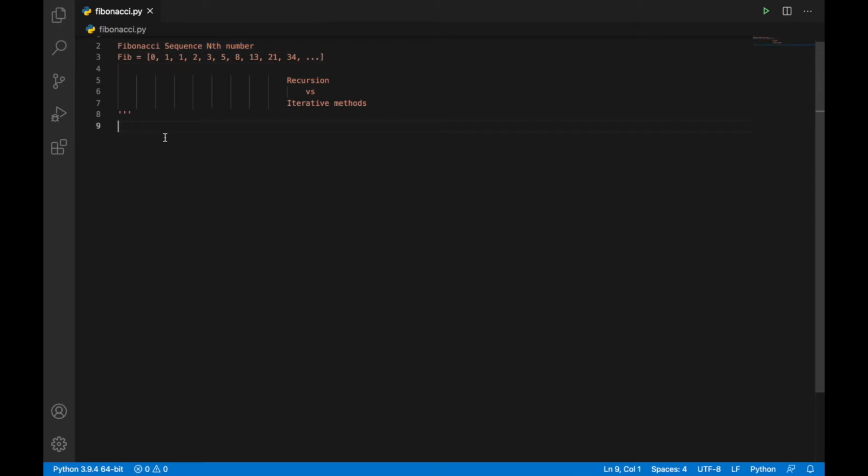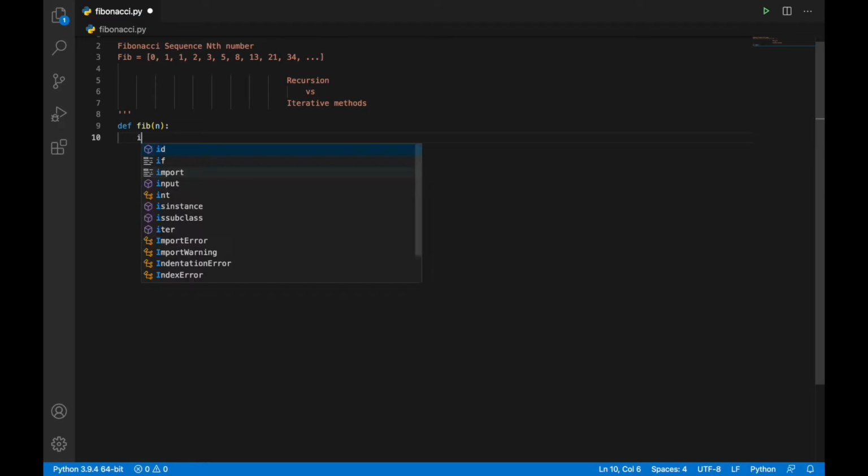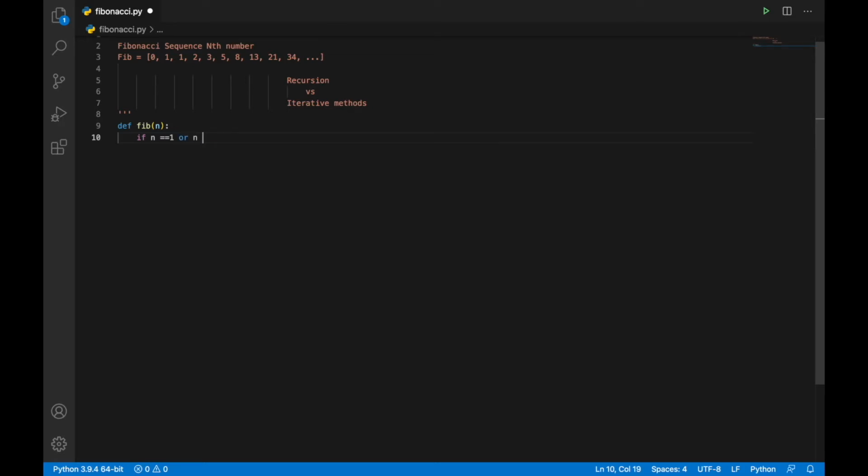The first thing I want to do, I'm going to use this recursion method to implement this, and then later use another method that is iterative to compare this. So first of all, create a function named fib and give n as its argument. And the first thing I want to do inside is give this condition: if n is equal to 1 or n is equal to 2, and then our result